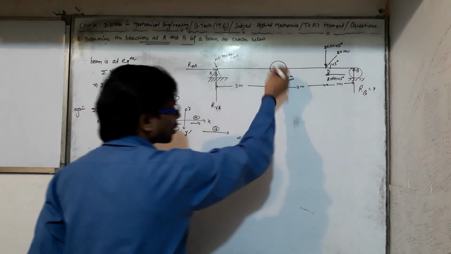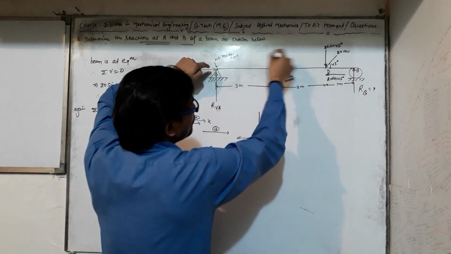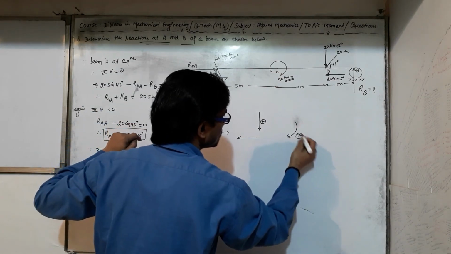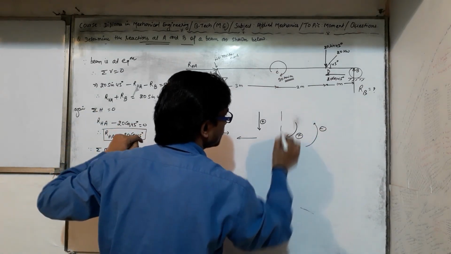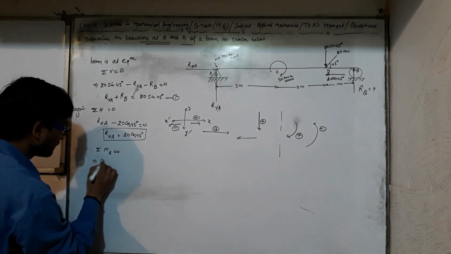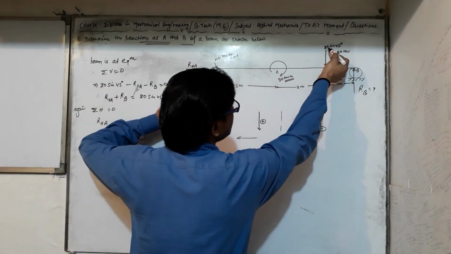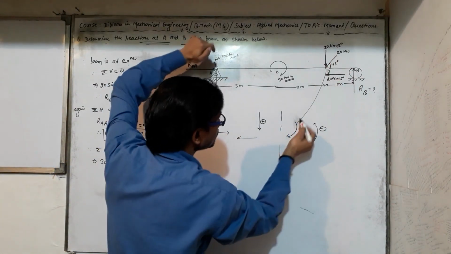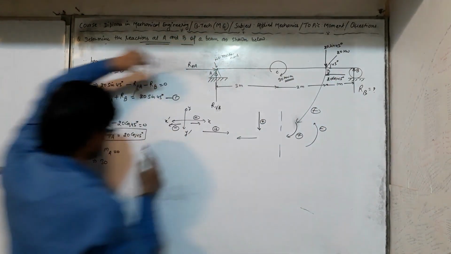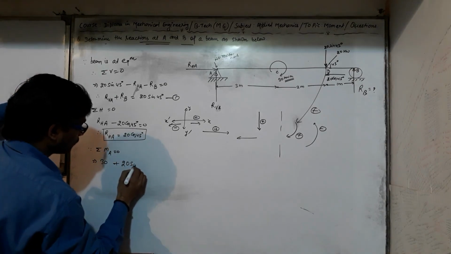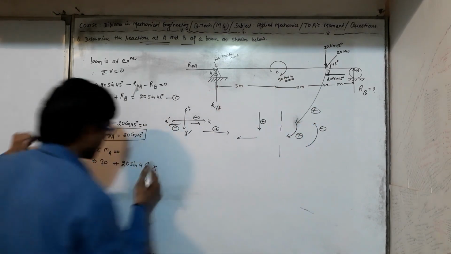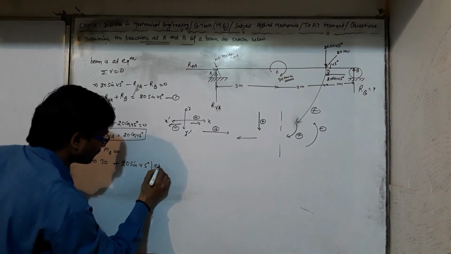Now one clockwise moment, see, clockwise moment at point C is acting. So we can take clockwise moment as positive and anti-clockwise moment as negative. So this is producing clockwise moment at this point, so we can say 30, and now 20 sin 45 producing clockwise moment about this point A. So 20 sin 45 plus 20 sin 45 degree. What is the perpendicular distance? 2 plus 3, that is 5. So we can say 5.